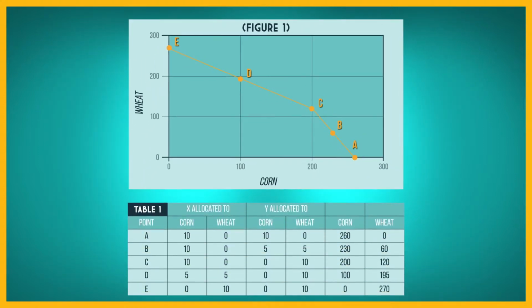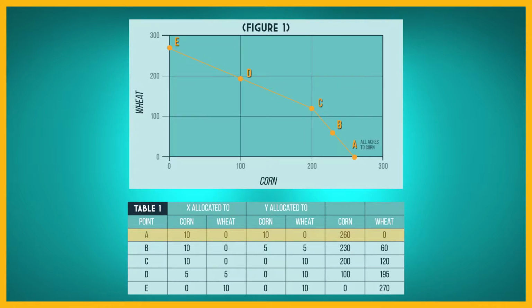The economy reaches point A when it allocates all of its land to corn, point B when it allocates all X to corn and 1/2 of Y to corn and the other 1/2 to wheat, point C when it allocates all X to corn and all Y to wheat, point D when it allocates 1/2 of X to wheat and the other half to corn and all of Y to wheat, and point E when it allocates all of its